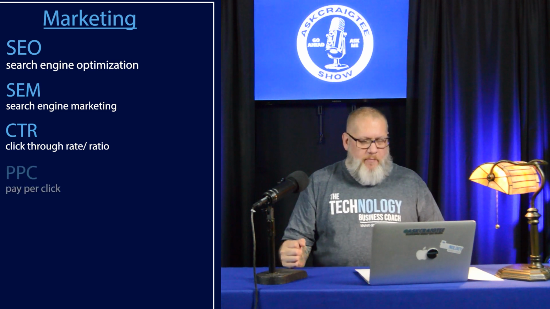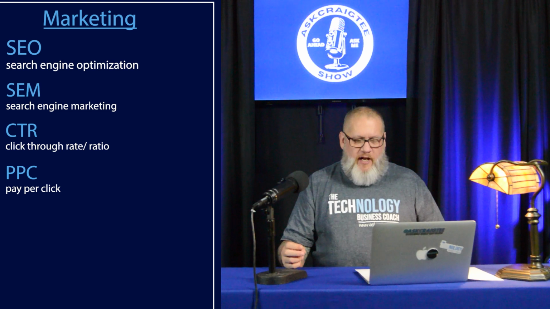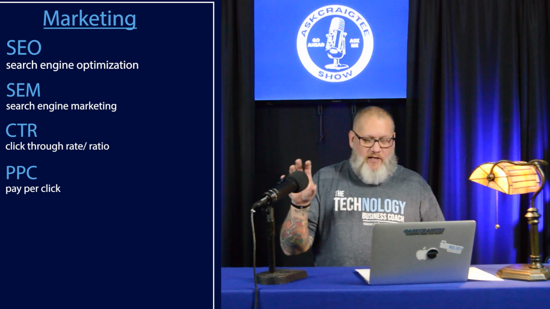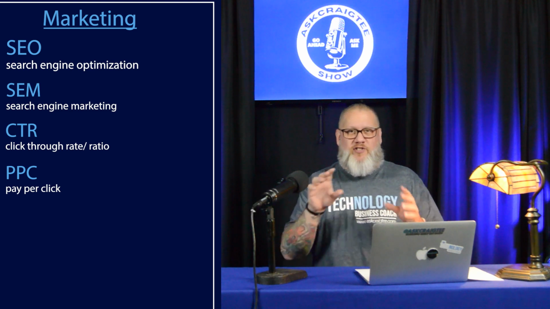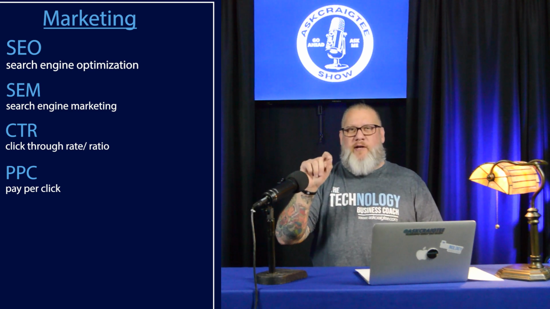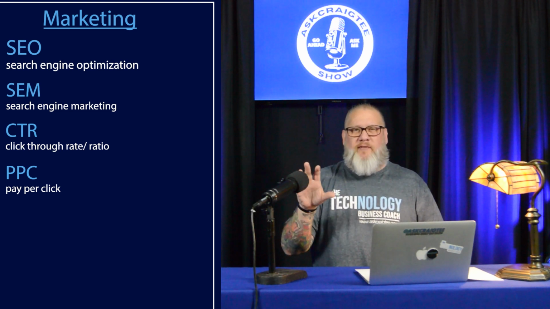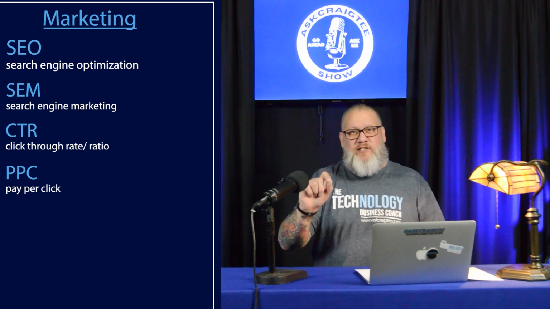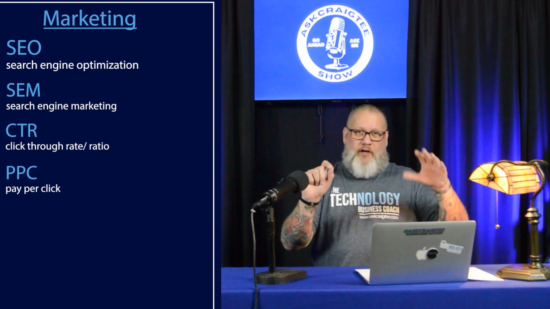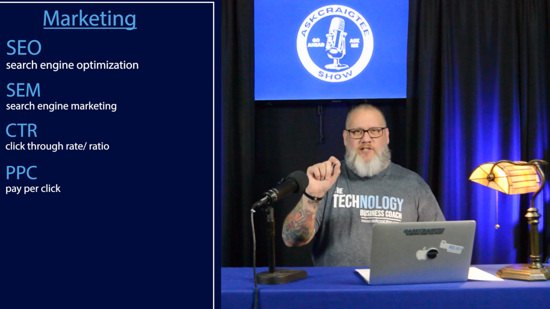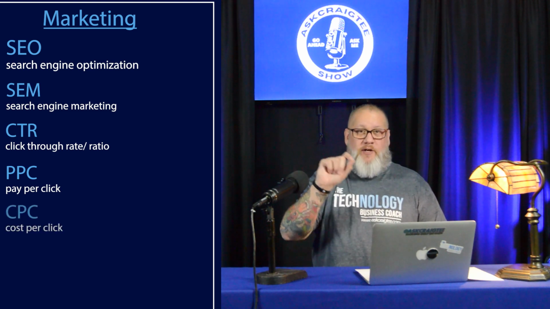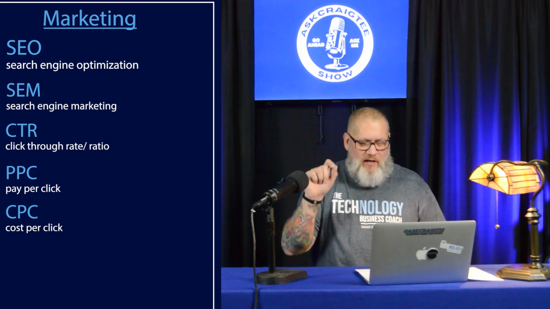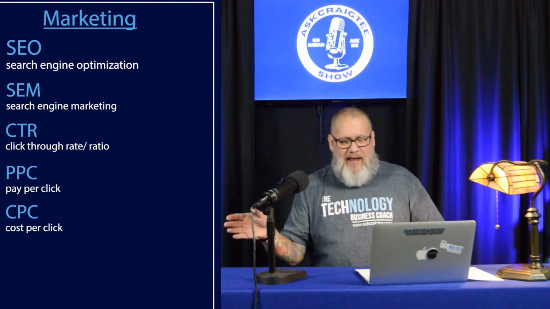Another one is pay per click, PPC. It's an internet advertising model in which advertisers pay a fee each time the link gets clicked. So same example, when you're doing a Facebook ad or a Google ad or something like that, every time someone actually does click on that link, your click-through rate, there is a cost per click, a pay per click, if you will. And then the next one is actually cost per click, CPC. It's the amount that an advertiser pays for each click.